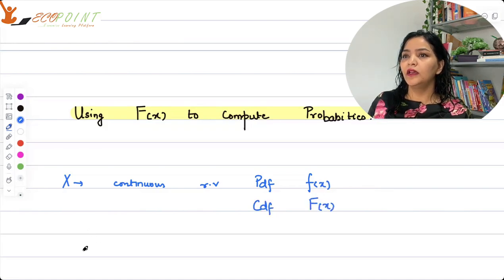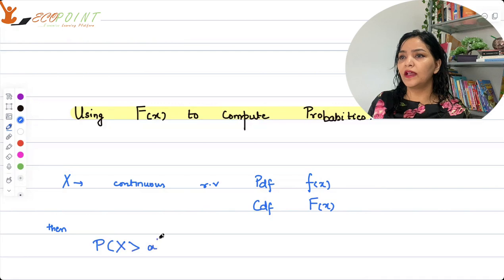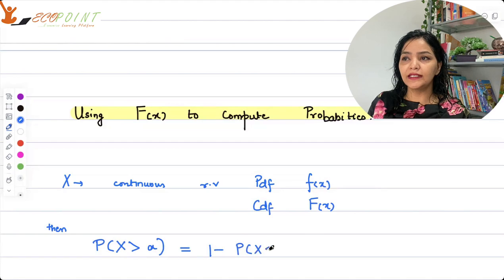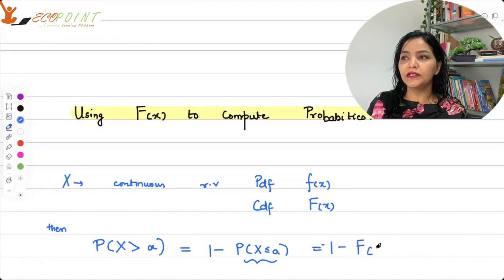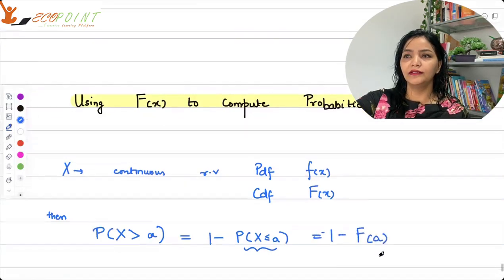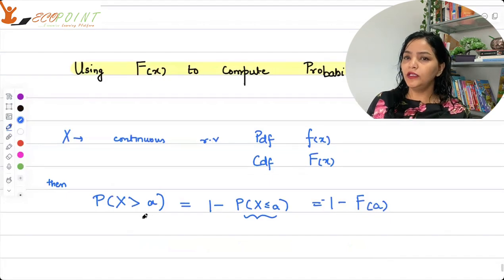Then the probability that X is greater than a certain value A is equal to 1 minus the probability X is less than or equal to A. So what is this probability X is less than or equal to A? This is nothing but capital F for the value A. So one use is this, and the second one,